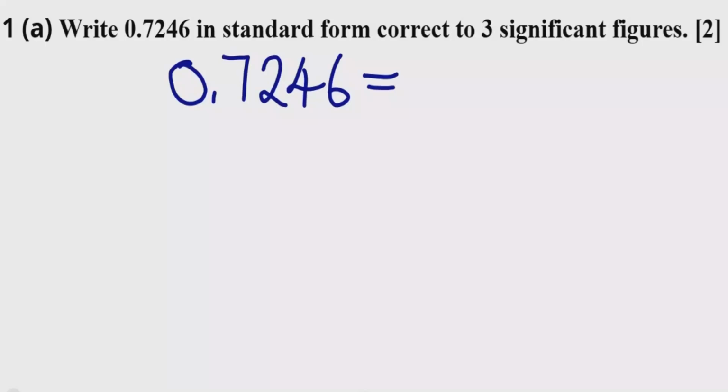You should by now understand that this 0 is not significant, using the rule that leading zeros are not significant. Then the rest of the numbers are significant because they are non-zeros. So we need to round off this number to 3 significant figures. That means we need to get rid of the 6. To do that, we're going to write